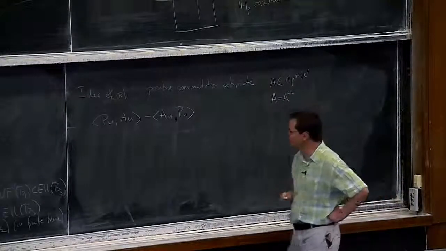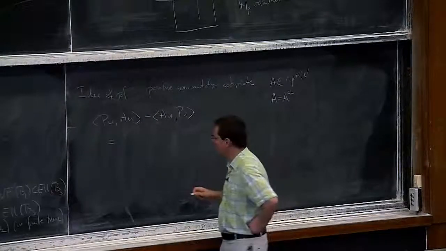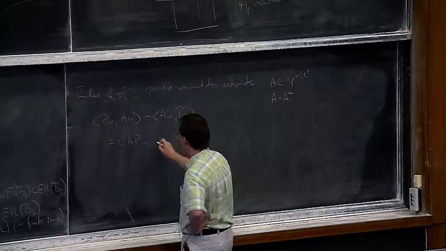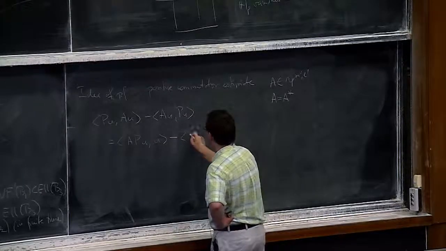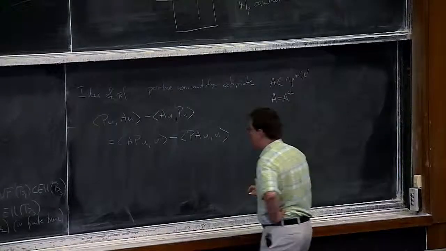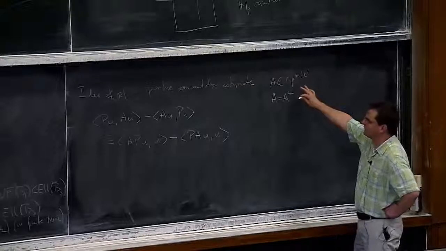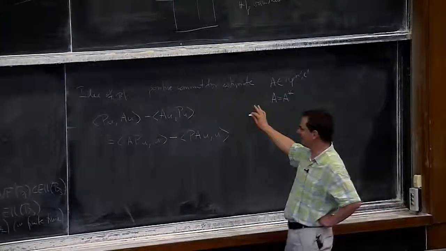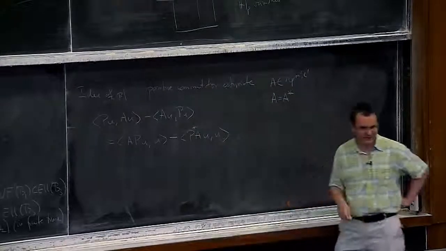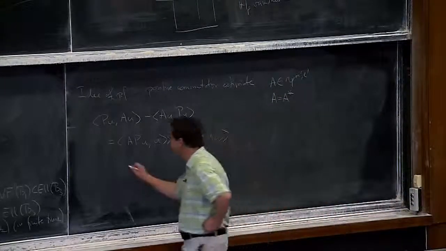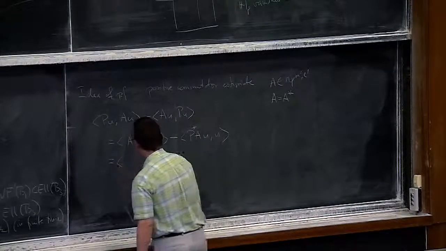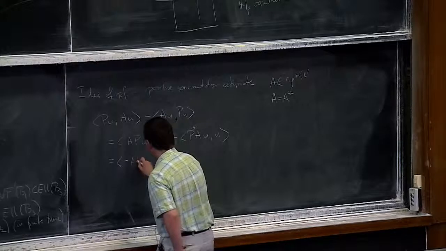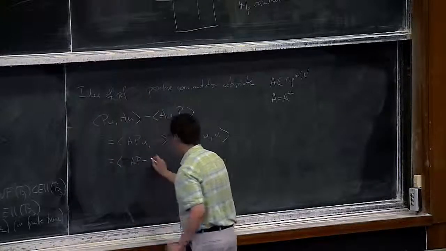Okay, so let's just compute this for now. This is the L2 inner product. So A is A star, so I can write it as APU, U, and then minus PAU, U. So this is supposed to be a pseudodifferential operator, and these pairings are supposed to make sense. Did I do it the wrong way? P star. Yes, thank you. Very good. I probably wanted to actually write it the other way around, because now I'm going to get minus the commutator of what I wanted. But anyway, it doesn't really make any difference. What this is, is plus AP, sorry, the way I have it, minus P star A